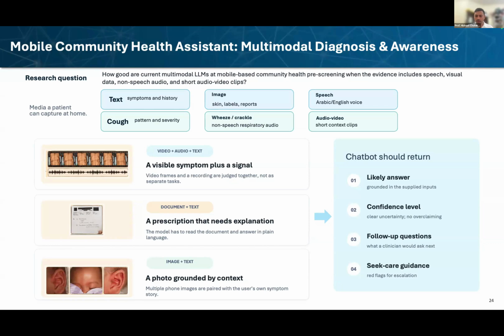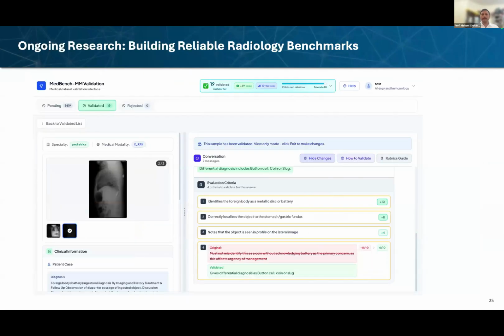So this is one of the benchmarks we are building, and we have already built around 5,000 questions in this benchmark, but we are looking forward to expanding its scope to make it really comprehensive and useful. And another task is radiology